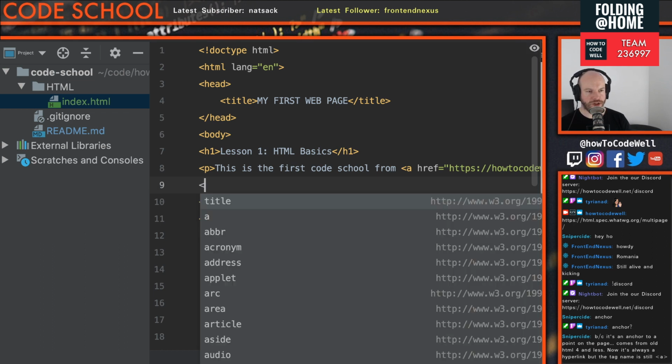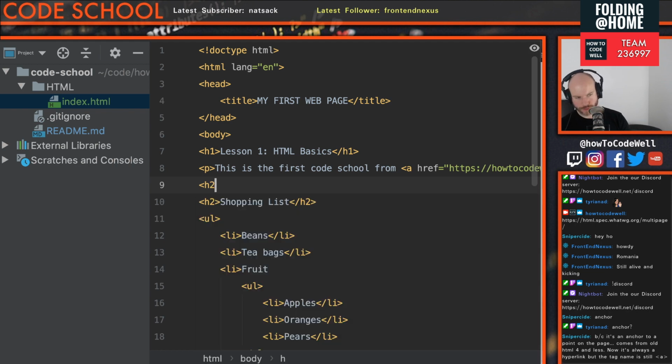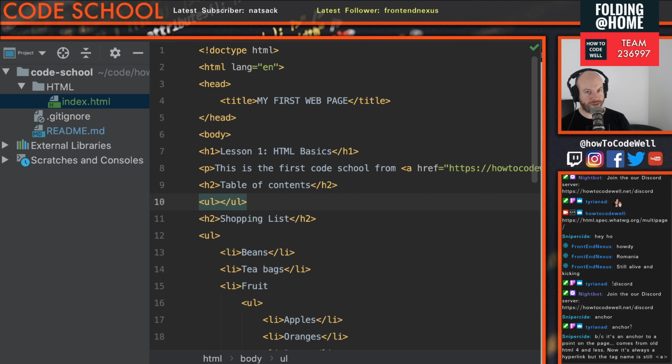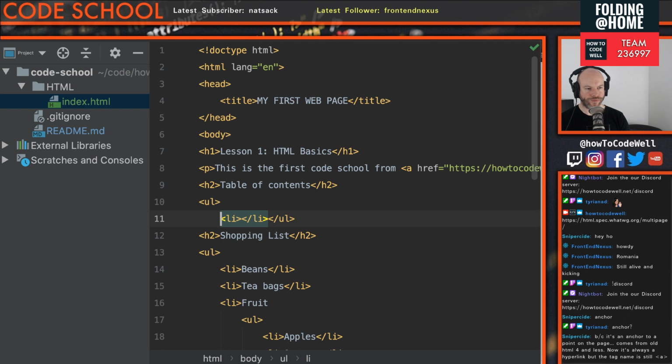So let's do an H2, and we're going to do table of contents, like so, contents, get it right. And we're going to do a UL. So I like doing this in my README files, having a table of contents that links to various parts of the README. Anyway, so then we do an LI within the UL,